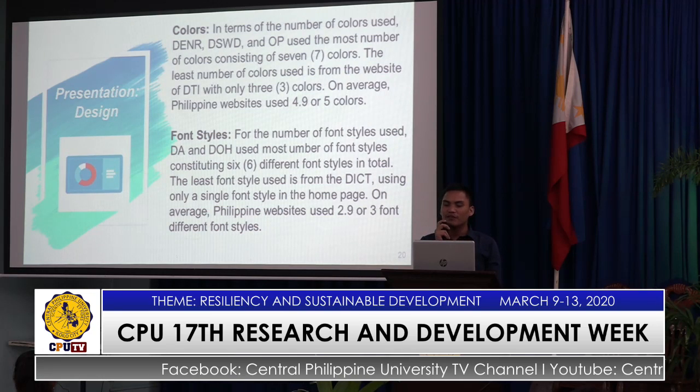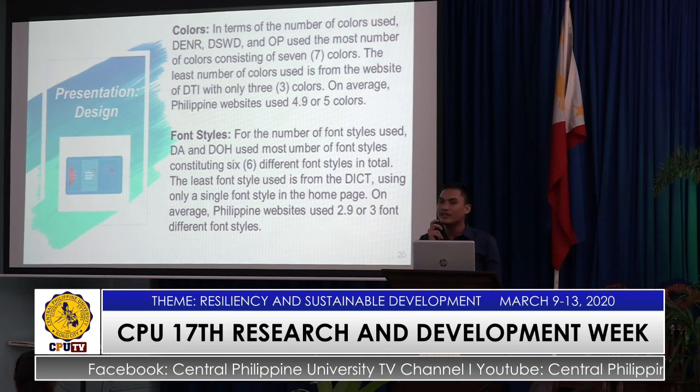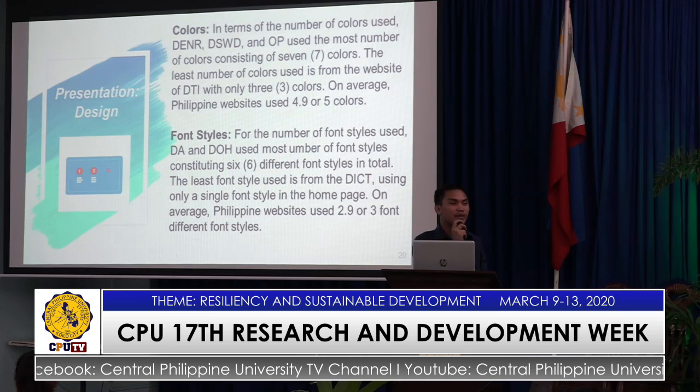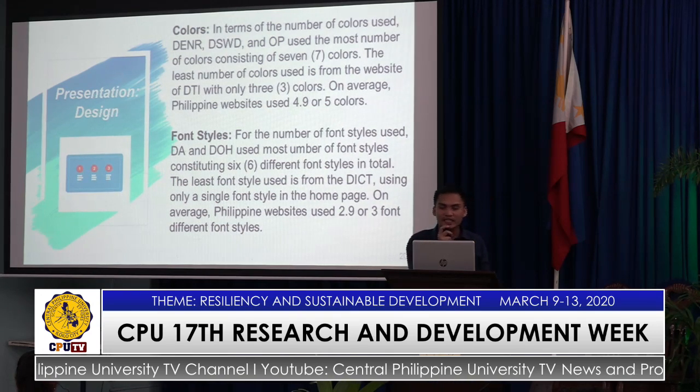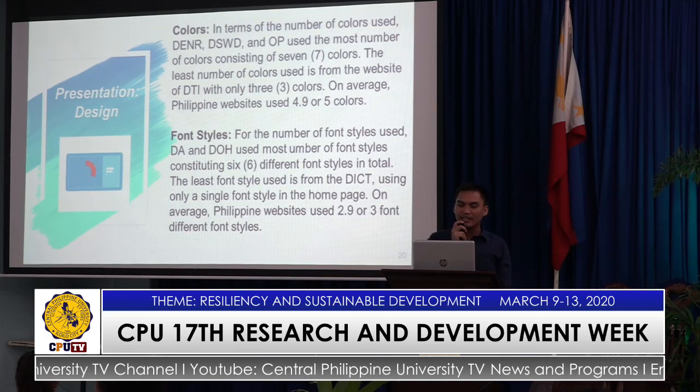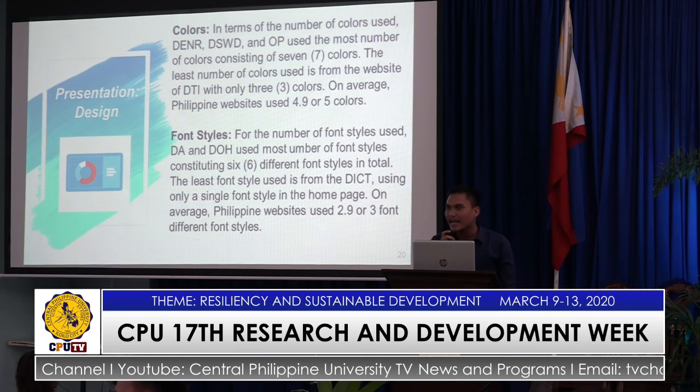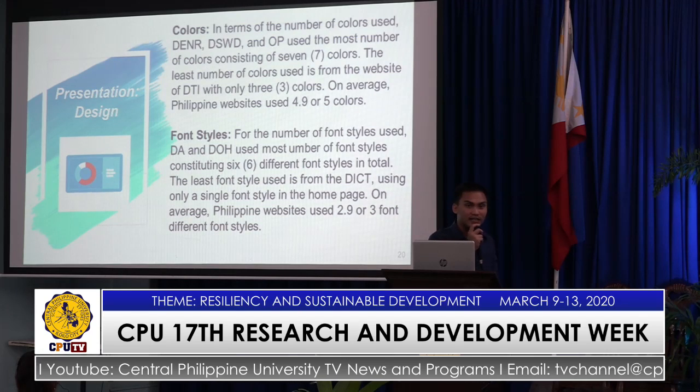Next is the least number of colors, which is used by the DTI. They only use 3 colors. On average, Philippine websites use 4.9 or 5 colors in total. For font styles, DA and DOH used the most font styles, 6 different font styles altogether in